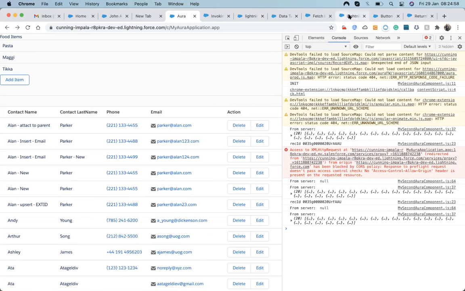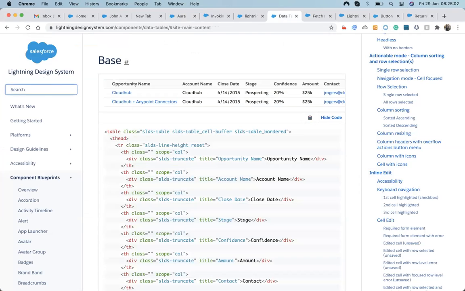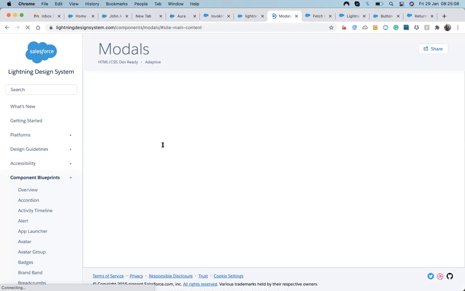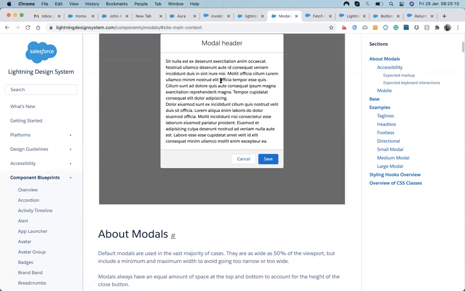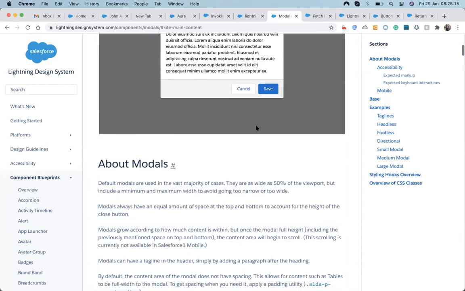In order to create a pop-up, we have what is called a modal. Okay, there is a modal. It has a header, and it has cancel and save.